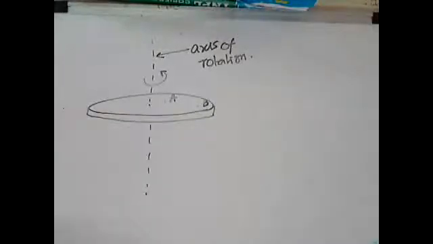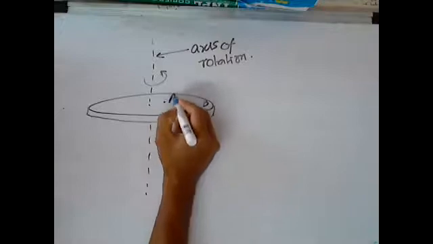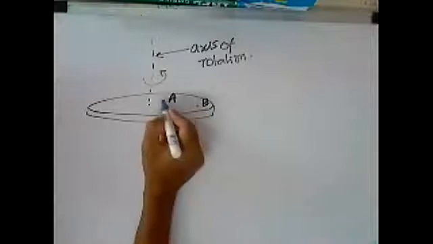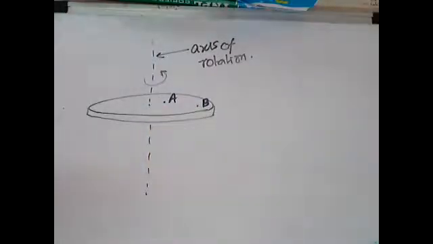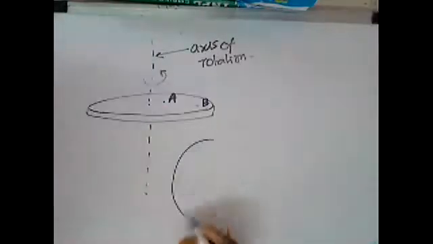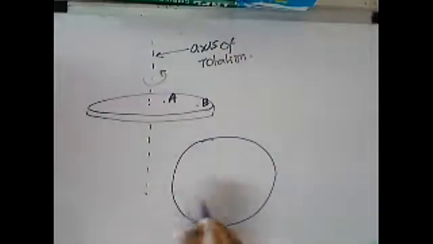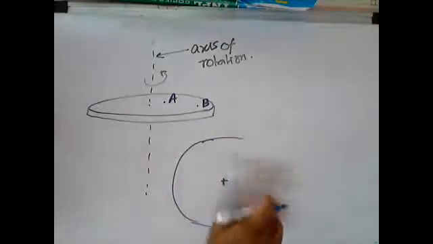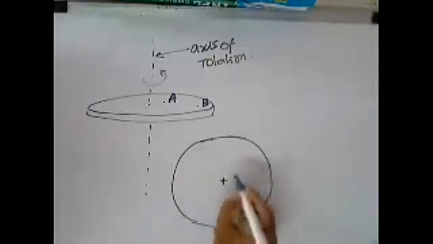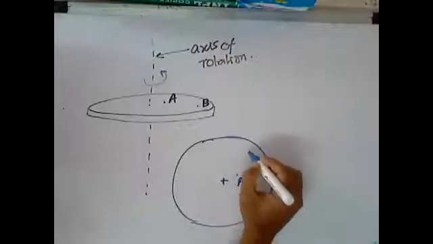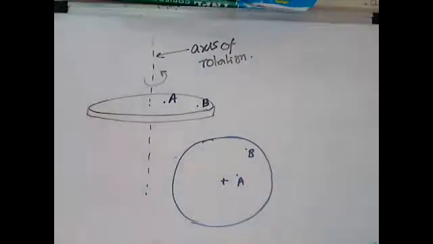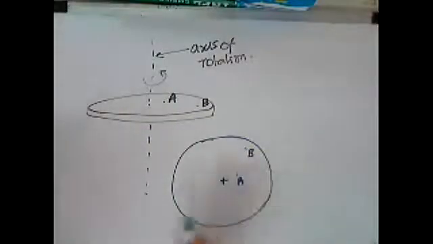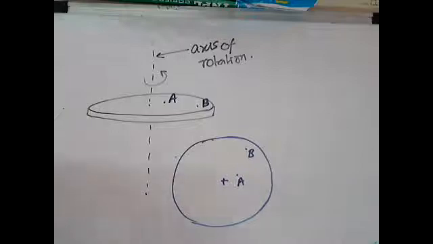If you take 2 points on this, then you can say that these 2 points will also go about a circular path. So if you turn this image, you can see the top view of this with that plus marking the axis around which it rotates. Then we can say that object A and object B will have two kinds of motion. We describe their motion in rotational motion in two ways.